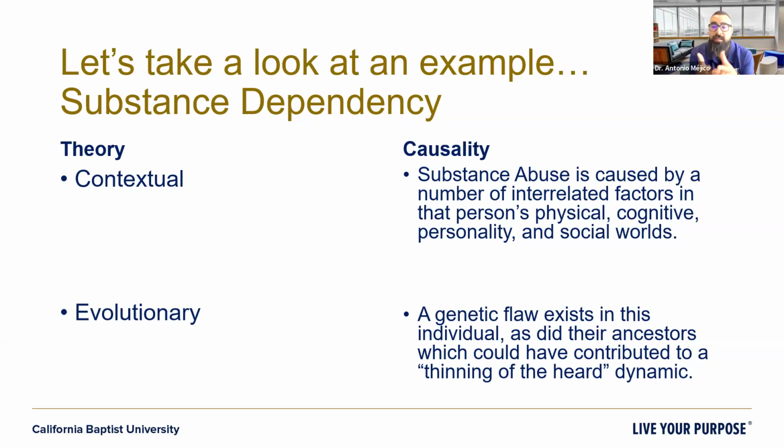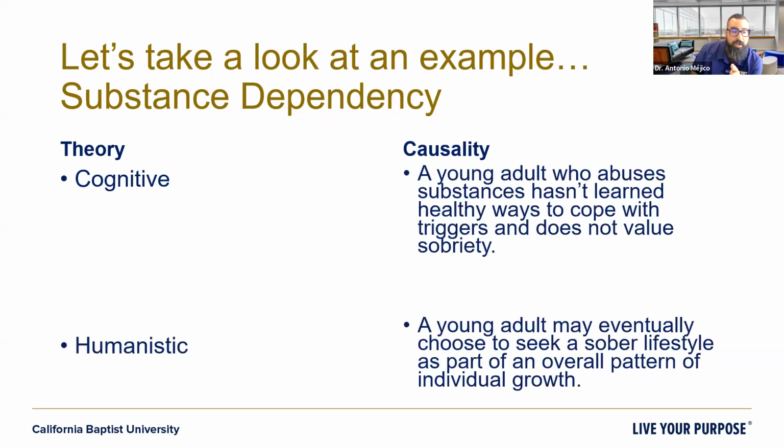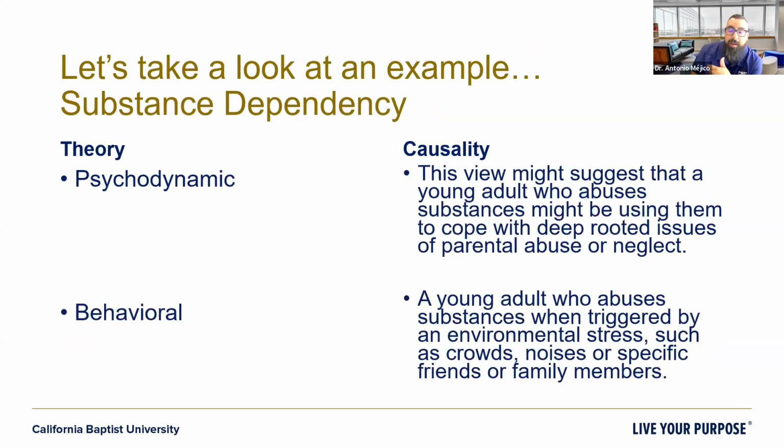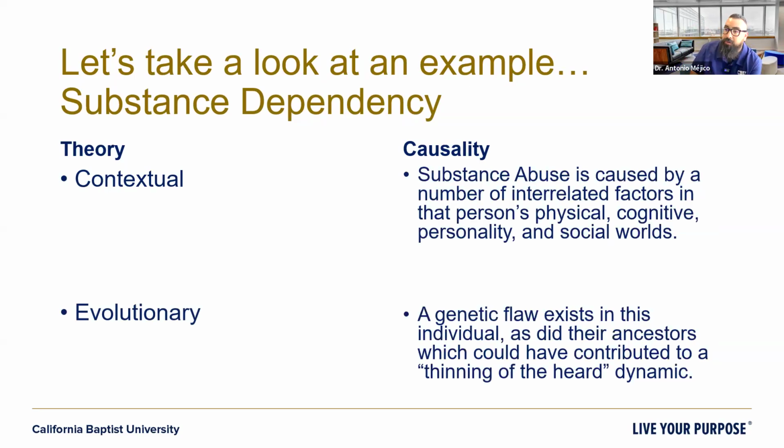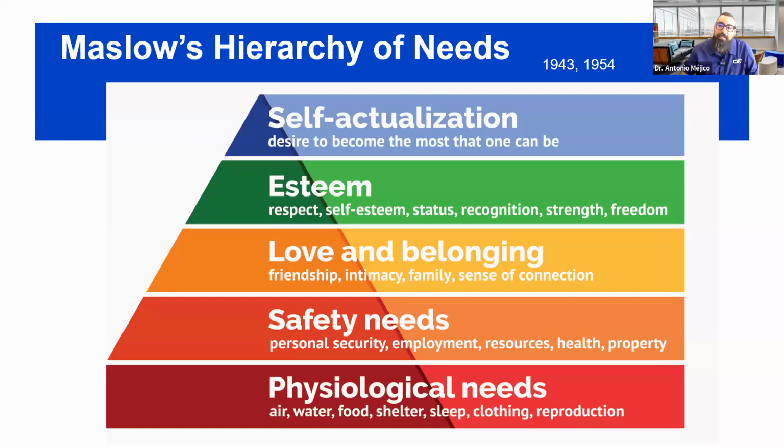So I'd like you to stop and consider which one of these theories, contextual, evolutionary, cognitive, humanistic, psychodynamic, or behavioral, do you find yourself most aligning with? We all have a worldview, and then what will happen is that we may have our colleagues or even the clients or the patients that we're serving coming in with their own worldview on what they believe causes their substance dependency. So you want to be able to examine this from different theoretical frameworks. It turns out our theorists have a lot to say and contribute to our understanding of really relevant issues like substance dependency, okay? Now, I'd like to talk about Maslow's hierarchy of needs since we're talking about our theorists.